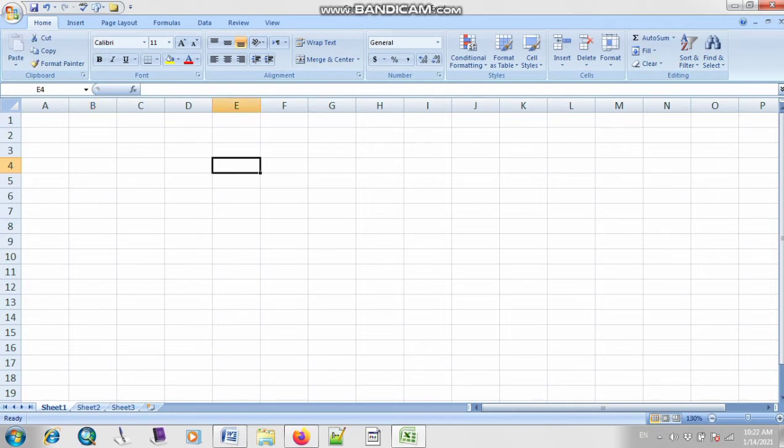Let me type 50 or 60 and 30. You can use your arrow keys if you want to move up, down, right and left. You don't always need a mouse to work with Microsoft Excel or Microsoft Word. Try to use only your keyboard.